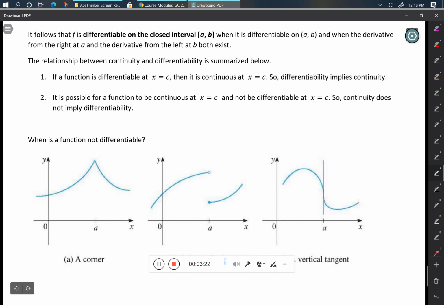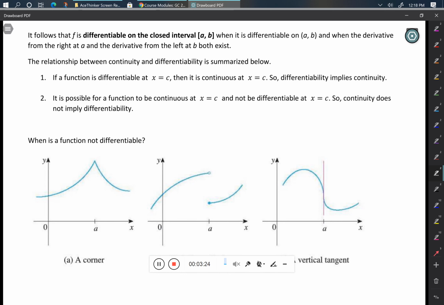All right, so we've been talking about differentiability. We've been talking about where a function is differentiable or where it is not differentiable is what we need to get to. Right? So you said that if a function is differentiable on an interval, then it's differentiable on the open interval in between. But the question is, what would make something not be differentiable? So what is the relationship that exists between differentiable, not differentiable, and a concept that we already know, and that is continuity? Right? So if we take a look at these 3 graphs right here,